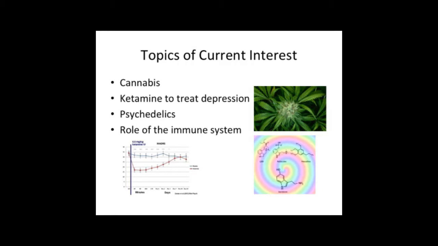As we cover all these aspects of the course, we also cover topics of current interest, maybe cannabis, the recent advances that have been made to treat depression, psychedelic drugs, and what's quite popular right now, the role of the immune system in a number of psychiatric illnesses. These current topics of interest are covered by people who are working in these areas, and they'll give you an overview. Hopefully this is what will be covered in the entire module over a period of 2 months.